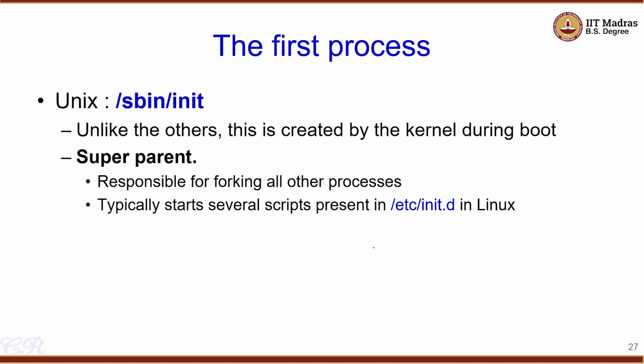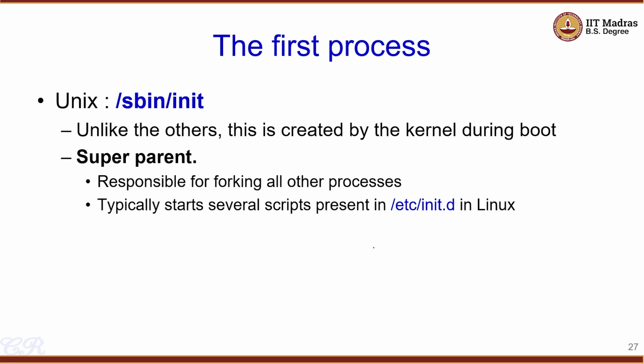Thus there is a parent and child relationship between the two processes. The process which invokes the fork is the parent, and the newly created process is the child, right? So every process is essentially created this way, except for one process, and that is essentially the first